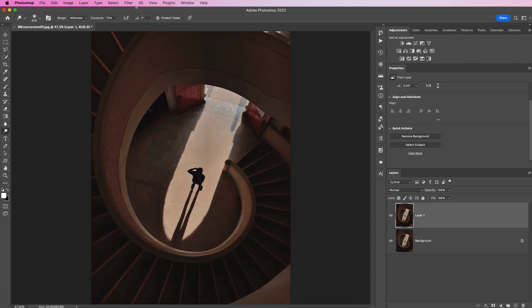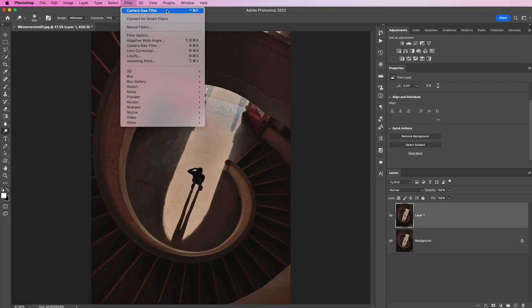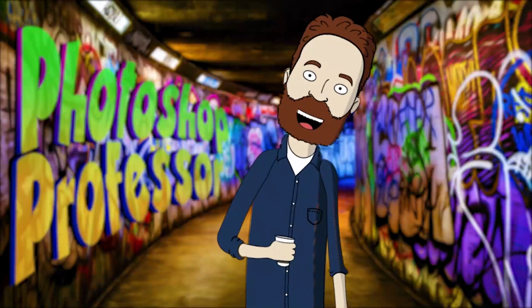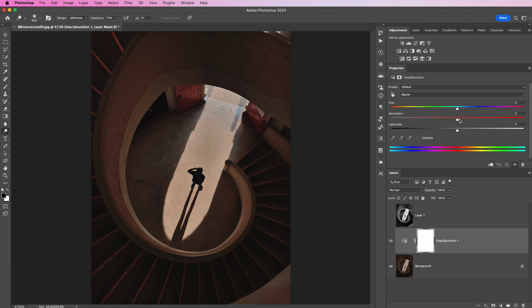I can go right back up to Filter. And remember, Camera Raw filter's here. But your filter menu will always remember the very last filter you applied and all the multiple settings inside that filter that you changed. So if I just click the very top Camera Raw filter, it's going to reapply everything we did so we don't lose all that work. Bang, bang, baby! So I can turn that off, come back to this one, add a hue sat layer, drag